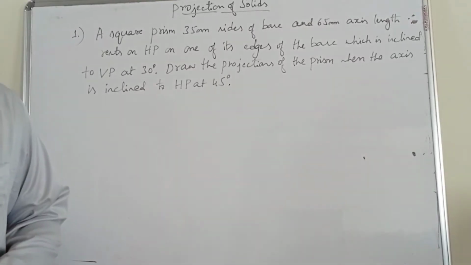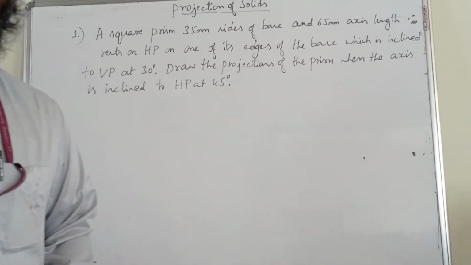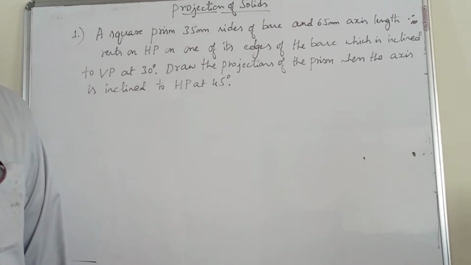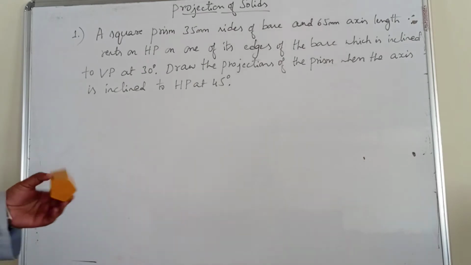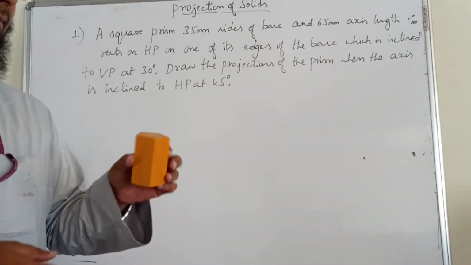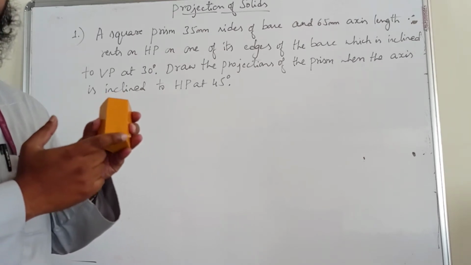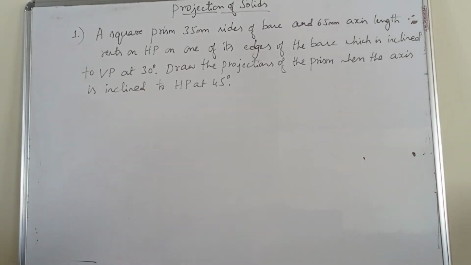Today we are going to start the first problem in projection of solids, with the prism. We know that in the projection of solids we have to consider the right hand side reference for placing the base edge or the base corner. Say, just for an example, this is our pentagonal prism, which has a top face and a bottom face. This is our base edge, and this is our base corner. We have to place it with the right hand side reference, and we know that our first position starts from the HP plane.